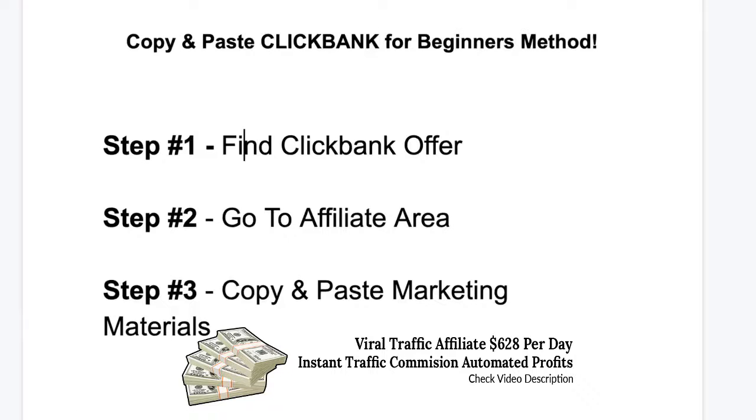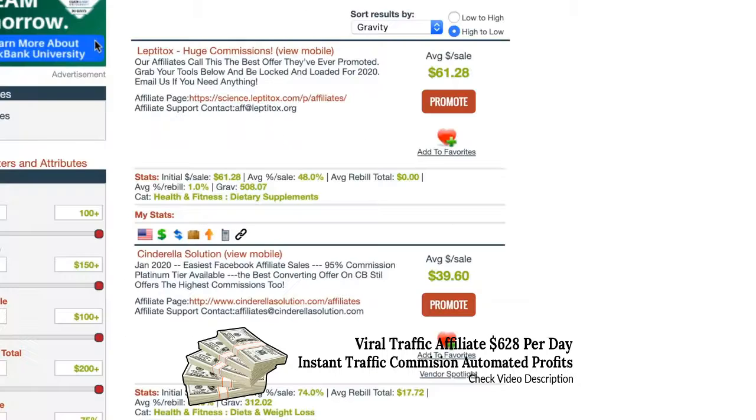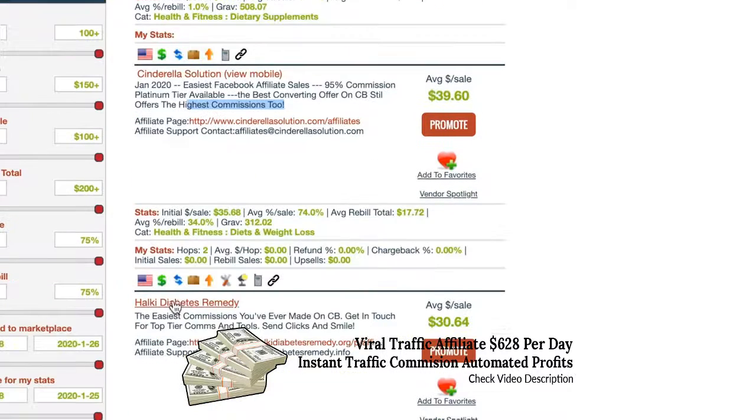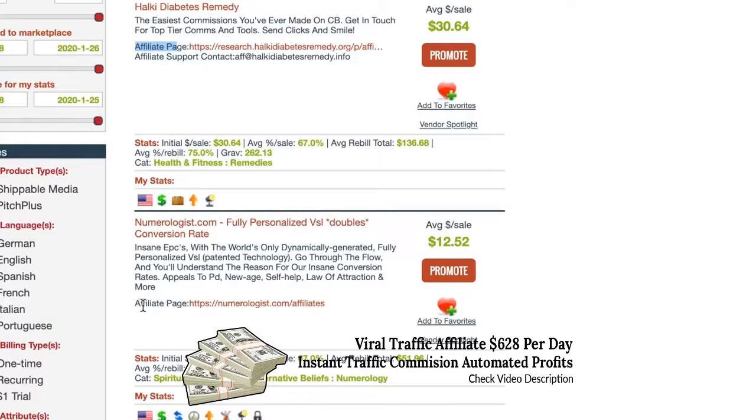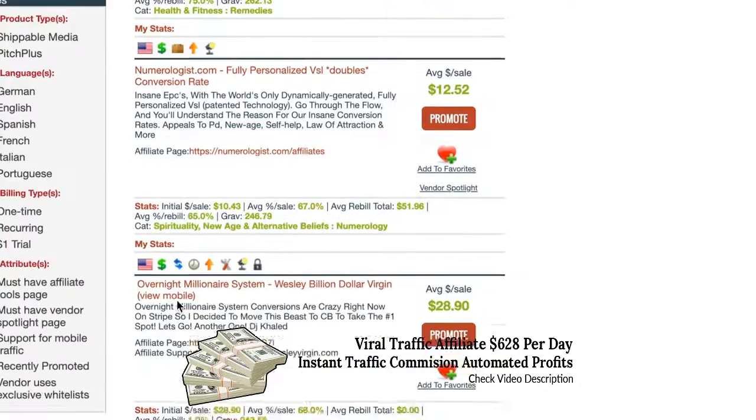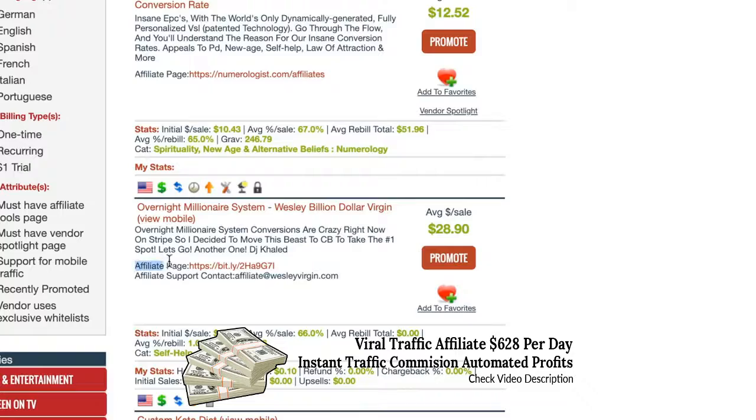So the second thing that we're going to do is go to the affiliate area. Now, basically, another way that you'll know if it's a good offer, right, is if they have an affiliate area. So basically on Clickbank, you'll notice they have this little section that says affiliate page. Now, all of the top affiliate offers are going to have this affiliate page because they want you to win as an affiliate. So with that being said, they're literally going to give you copy paste materials